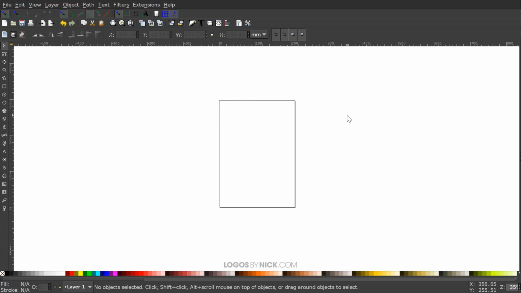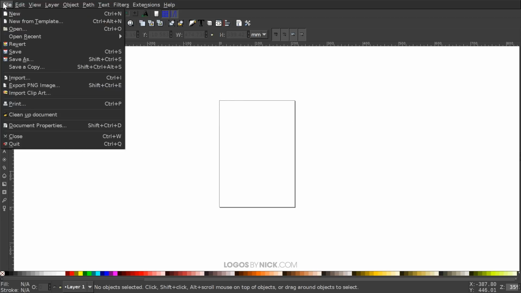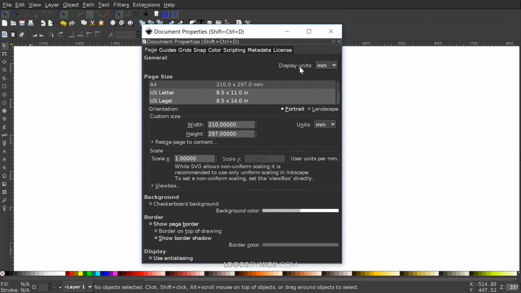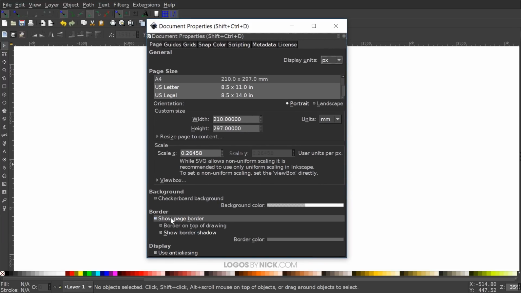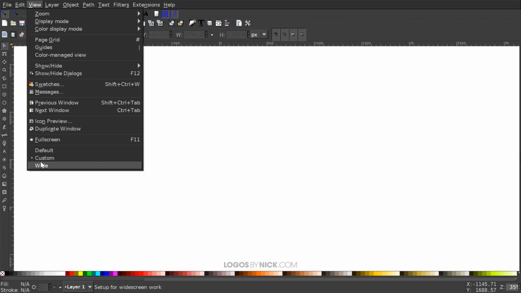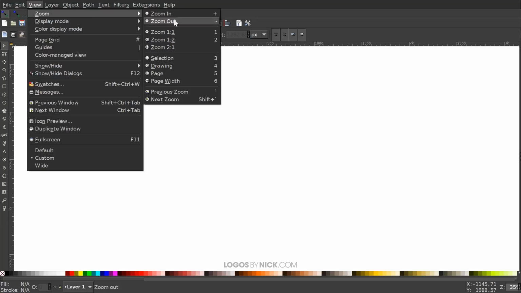So the first thing we want to do is set up our document. So we'll go to File, Document Properties. Let me just go and grab that from my other window. Document Properties, we'll set the display units to px for pixels. I'm going to turn off the page border, and then we'll go ahead and close out of that. Then we want to go to View, make sure we have Custom selected, zoom in at 1:1,